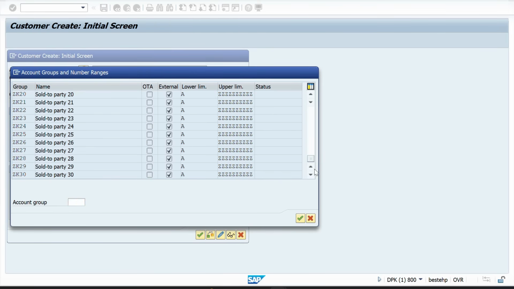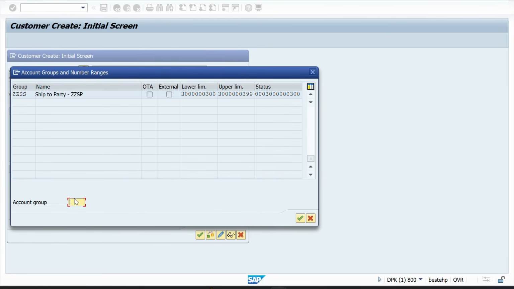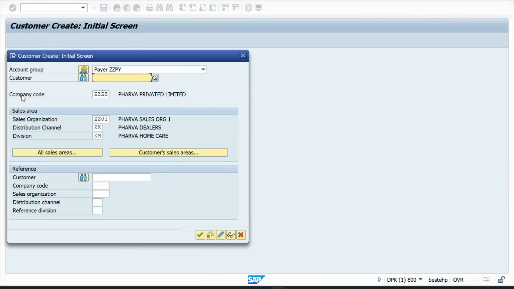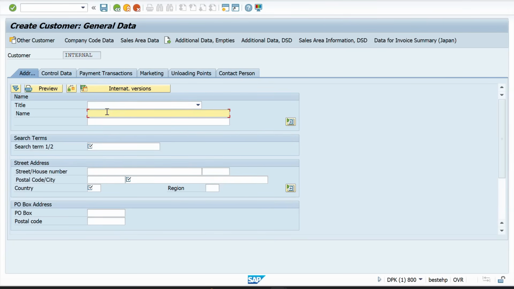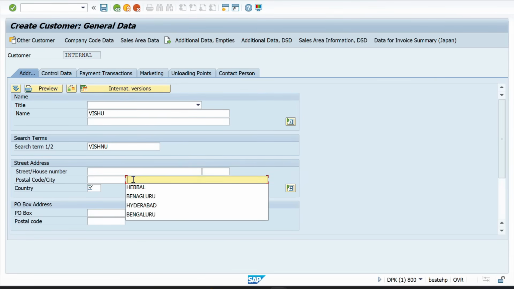Okay, for payer ZZPY, I'm creating one payer in this sales area. Now who is the payer? For example, I will take some payer, Vishnu, and he is from Hoskote, country IN,